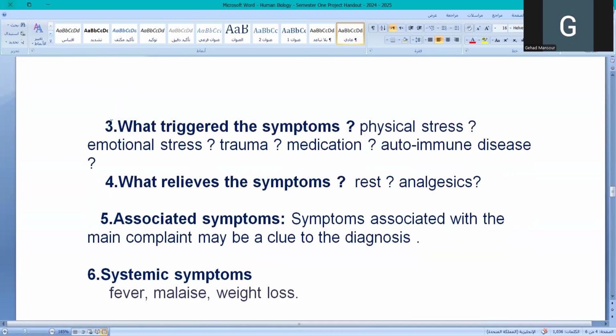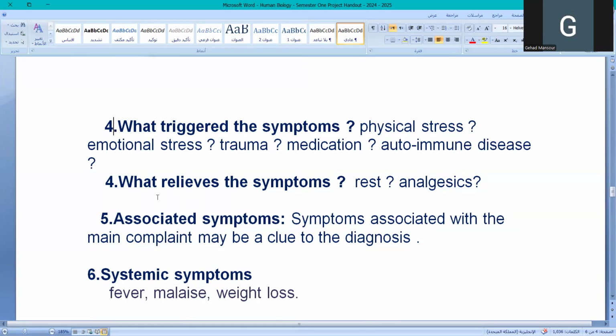And then, what triggers the symptoms? This is very important, because if the symptoms are triggered by emotional stress, then this might be an autoimmune disease. If they are triggered by mechanical stress or physical stress or trauma, this might be something traumatic. Are they side effects of medication? For example, the patient says that I was okay until I took high doses of cortisone for a whole year. Then I started discovering that I have weakness in the muscles